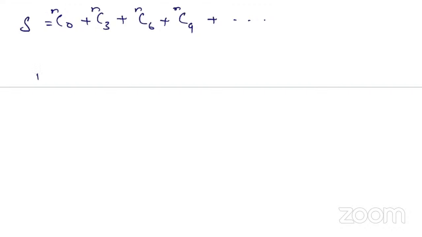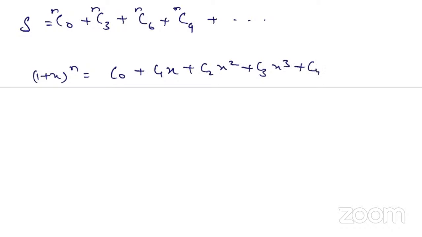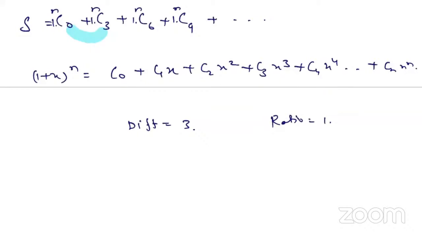Go to the basic, means (1 + x)^n = C0 + C1 x + C2 x^2 + C3 x^3 + C4 x^4 up to Cn x^n, right? See, ध्यान देना, एक छोटा सा फॉर्मूला बता रहा हूँ। इन दोनों के बीच का डिफरेंस क्या है? तो डिफरेंस is 3, right. रेशियो, कॉमन रेशियो जो हर एक टर्म में आ रहे हैं वो क्या है? तो रेशियो is 1, right. डिफरेंस जो 0, 3, 6, 9 ये जो नंबर्स आ रहे हैं, इसके डिफरेंसेस is 3,